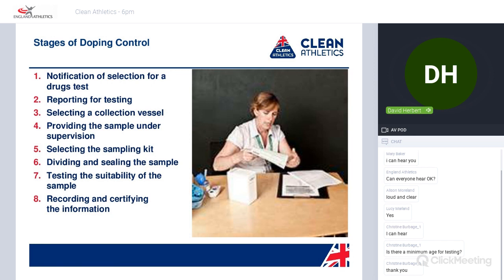Second stage is reporting for testing. So from the point of notification going to the doping control station, the athlete will be chaperoned at all times, and the athlete must stay in sight of the doping control officer or the chaperone. Third